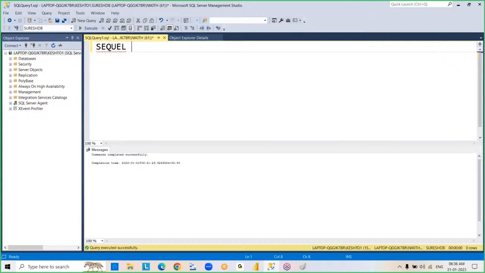In the same way, this language SQL contains some sublanguages. DDL, data definition language. DML, data manipulation language. DRL, data retrieval language. TCL, transaction control language. And DCL, data control language. So your important thing is